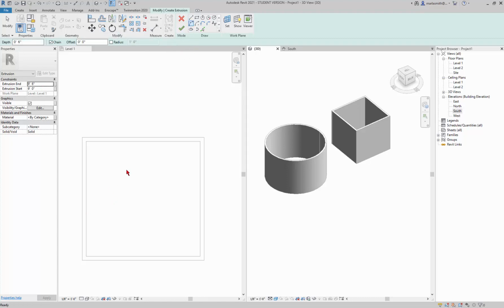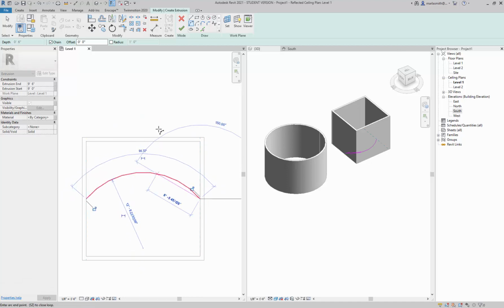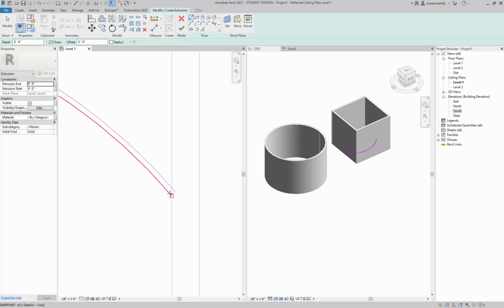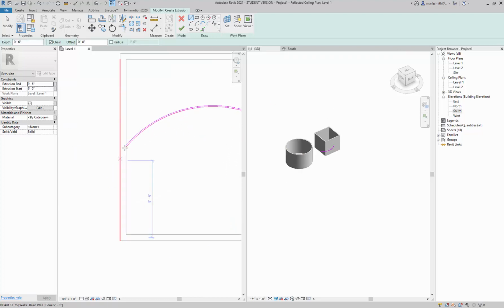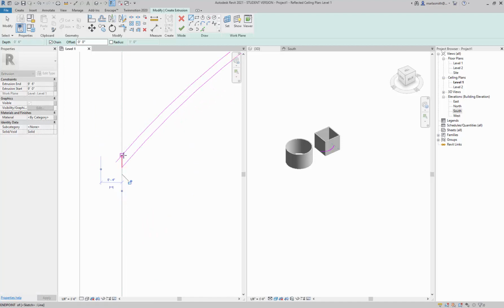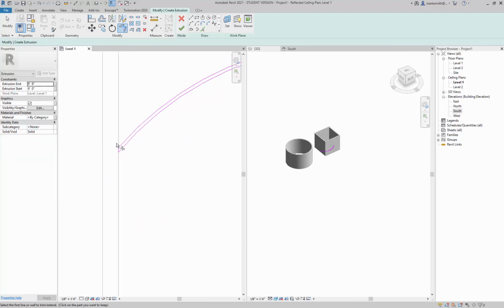So for example, I'll come in here and just maybe create an arc, right? So if I create that arc, I can then offset that arc by 1.5 inches. Then I just need to make a closed loop for it to work. So I'm just using the trim command and the line command here to finish this guy off. Right. And then if I do that